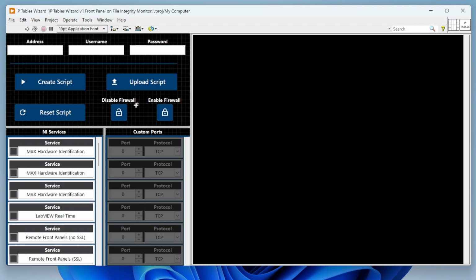And IP tables isn't super intuitive if you've never used it before. You've got to use a whole bunch of different commands and whatnot. And trying to get that to persist across power cycles of your device could be a little tricky. So the goal of this is just to create a simple GUI, so you can quickly configure your IP tables